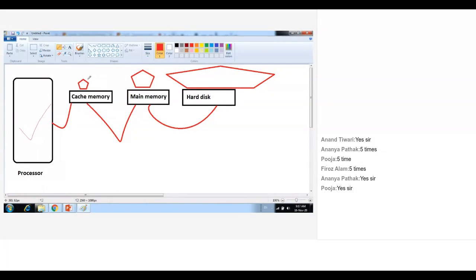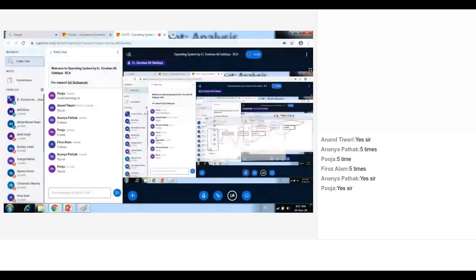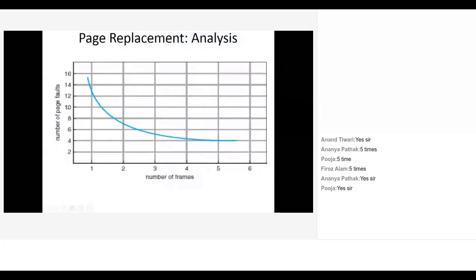Got it? So it is a very small container and it is closer to the processor also, so cache memory is faster. Okay, so let's get back to where we were. This is the number of page faults and the number of frames is here. So the example we have discussed is that you are having